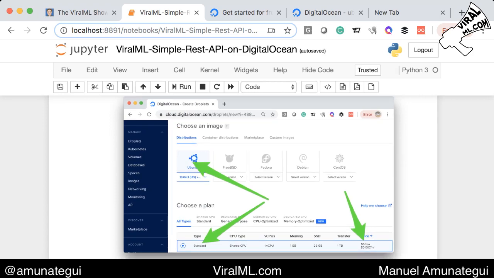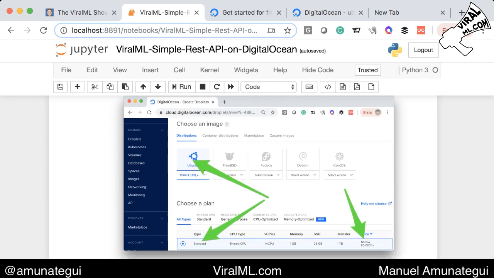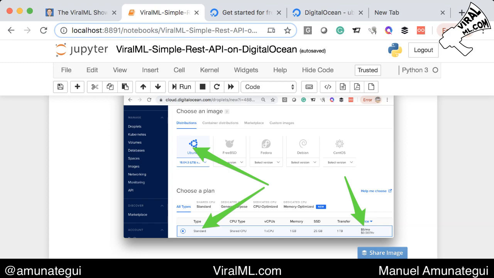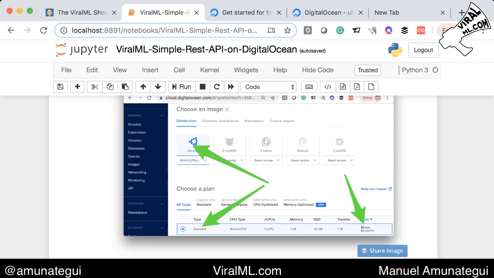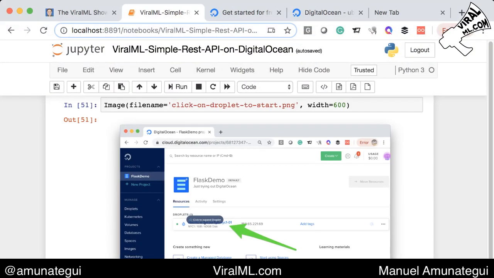Then you need to choose what kind of image you want on your instance. I'm going with Ubuntu and the cheapest instance, which is 1 gigabyte in memory and 25 gigabyte SSD at about $5 a month. I haven't gone beyond that price. You have to scroll because it'll default to something a lot more expensive. Just beware. Find the cheapest option. And then you just say create your